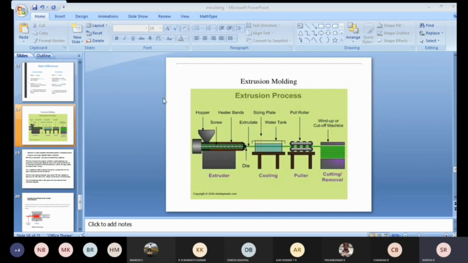In this case, we're going to have the indirect extrusion. You can analyze the difference between the direct and the indirect extrusion. Okay, so instead of the plunger, we're going to